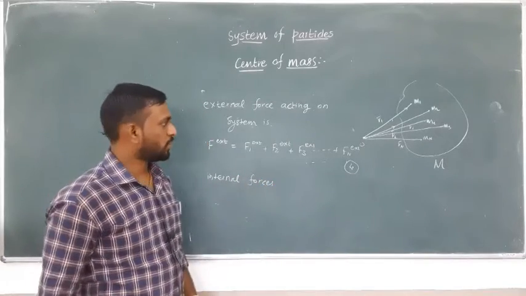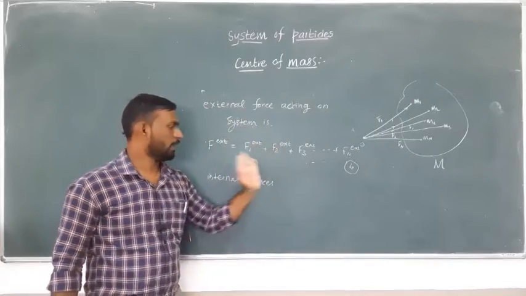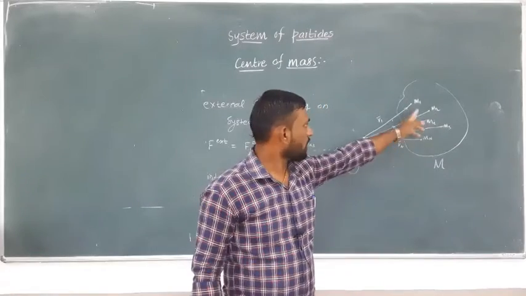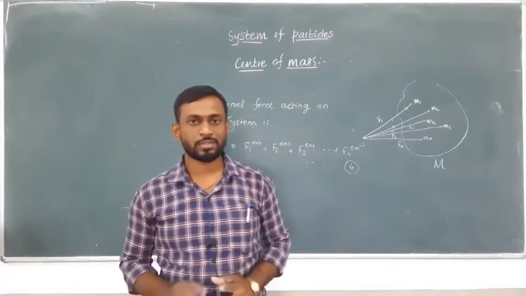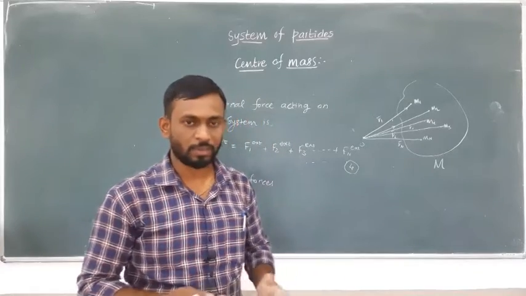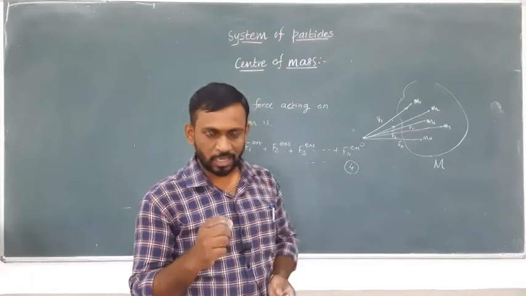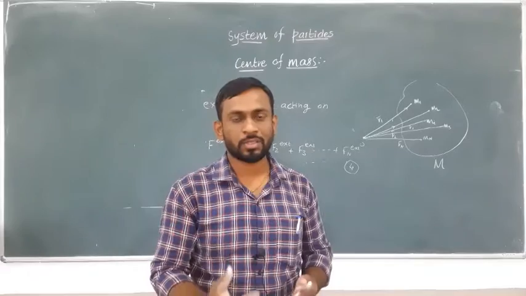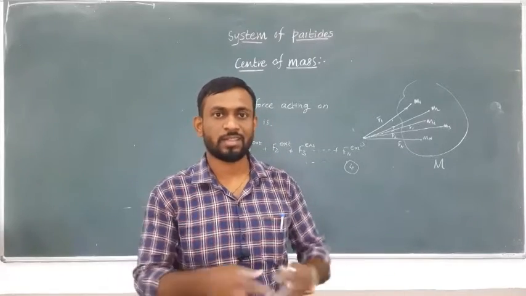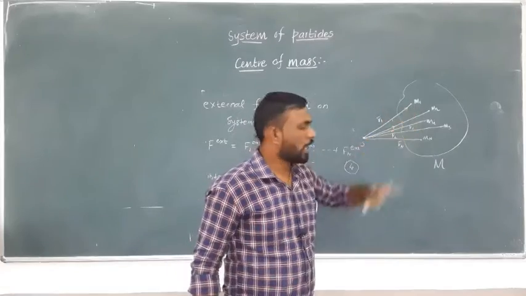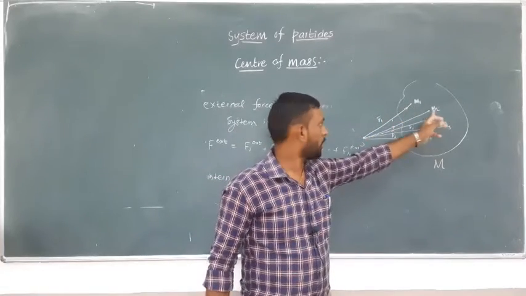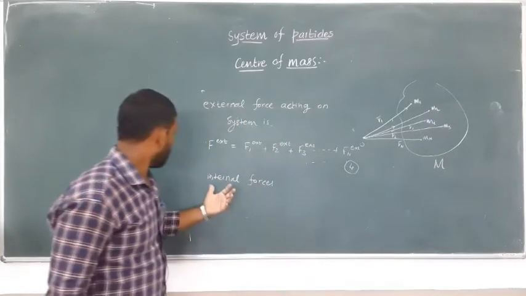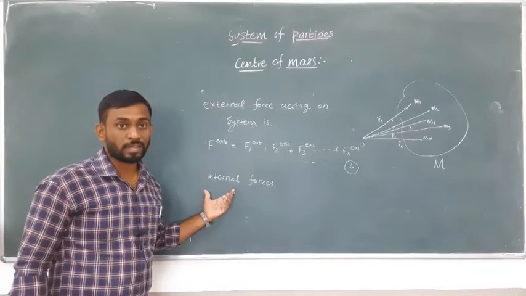if we look at the internal forces that exist when we apply the external forces, and if we sum up all those external forces while considering the internal forces, each and every particle experiences the internal forces just because of the rest of the other particles. Likewise in electrostatics, if you have a chunk of charged particles, each charged particle experiences the Coulombic force just because of the other charges. Likewise, M1 experiences the internal force due to M2, again due to M3, M4, M5, Mn. So if we look at the total internal forces acting on this particle.